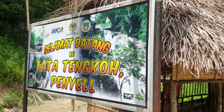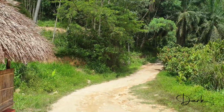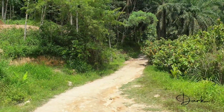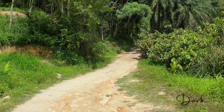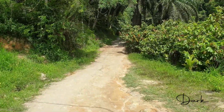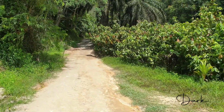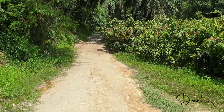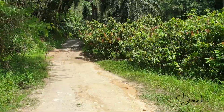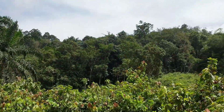So we are at Lata Penyel. We have to park our car here and walk down. It's an estimated few hundred meters before we reach the waterfall. This beautiful area is right on top of the hill we drove up,